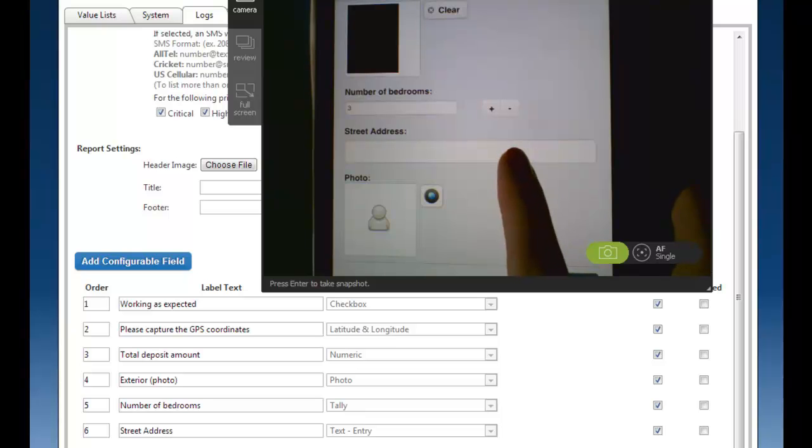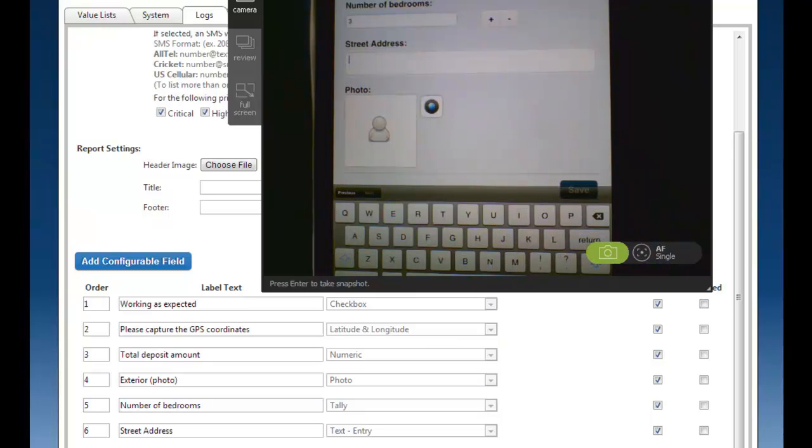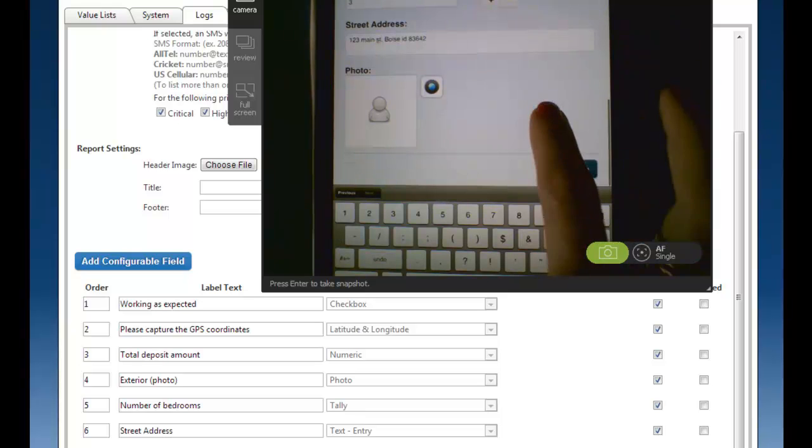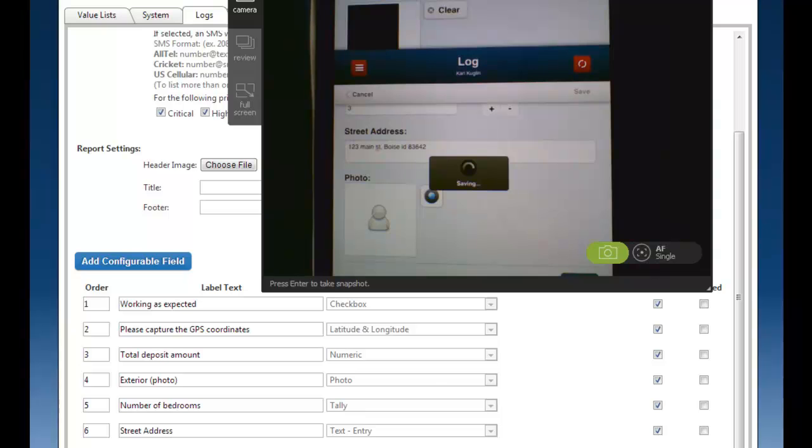And then finally, we have a text entry control. What this allows you to do is simply go in and enter information in a text control. For example, I can come in here and add the address. It will just go ahead and save that information as a text field. This control allows you to enter both numbers and letters and allows you to just do freeform text entry within the application. So I'm going to go ahead and save this record